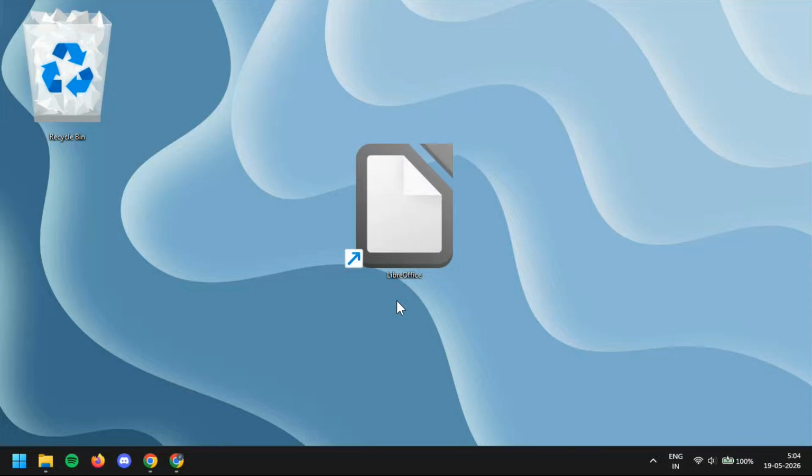Today I'm going to show you how to outline text in LibreOffice Impress step by step so you can turn plain text into a styled shape with a clean outline around it. This is a useful trick if you want your presentation text to stand out more, look bolder, or match a